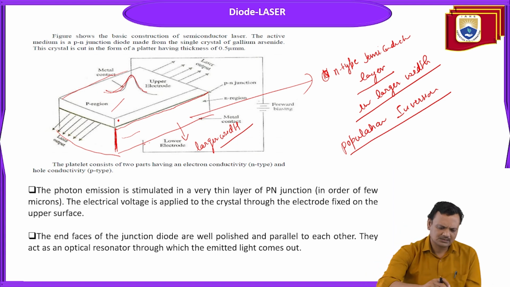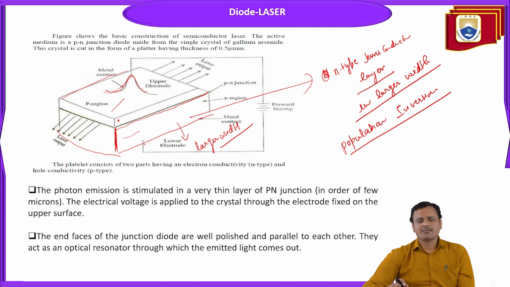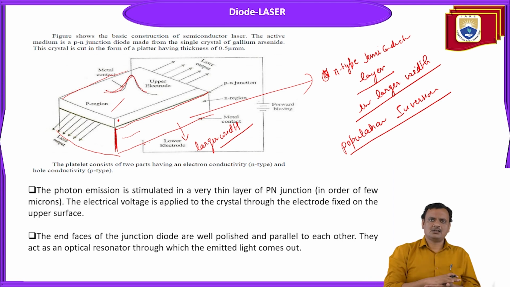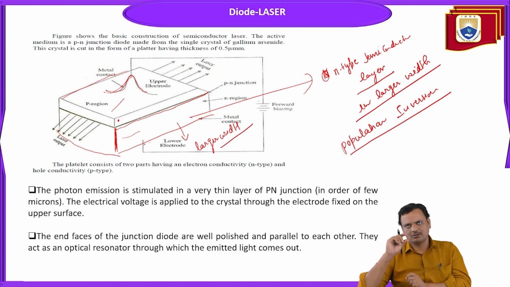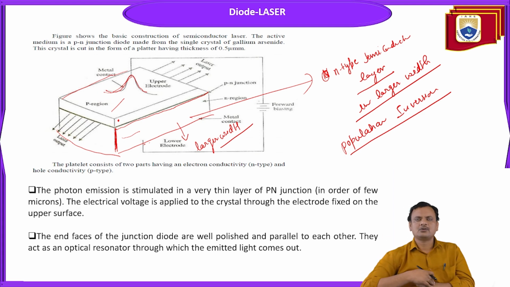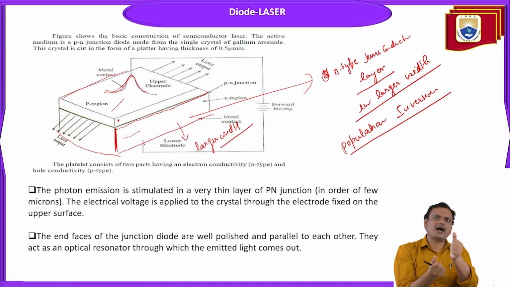Okay, so this is a very simple diagram of a laser diode, where two layers of semiconductor, one P-type and another N-type, are placed over each other. Means if you are keeping the N-type layer downside, you have to place the P-type layer over that N-type layer. What you have to take care of is that the N-type layer width will be higher in comparison to the P-type layer. The N-type region should be broader, okay,